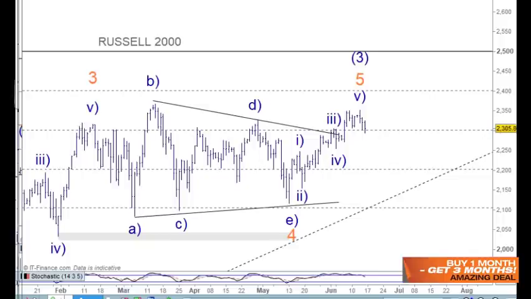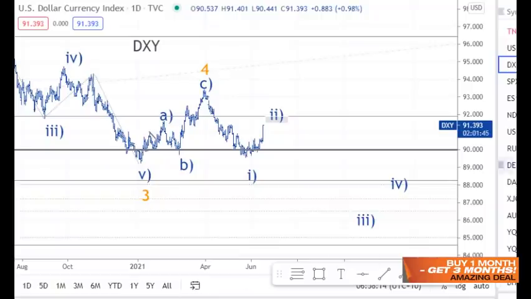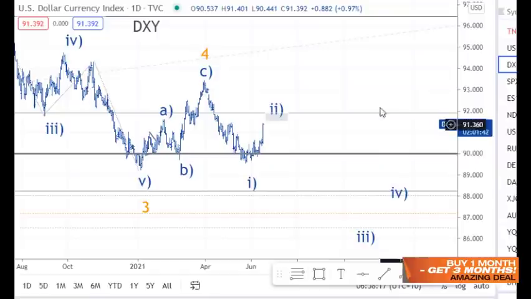So I think today we've seen a bit of a jump in the yields, so let's just check on those and the dollar as well. So this is the US dollar here, and this is a daily chart. I've had the move up through here as a corrective pattern, as an A and a B and a C wave up here, because this first move in here was in three waves. So I've always felt that this low needs to be taken out, and we've watched it move up and we've